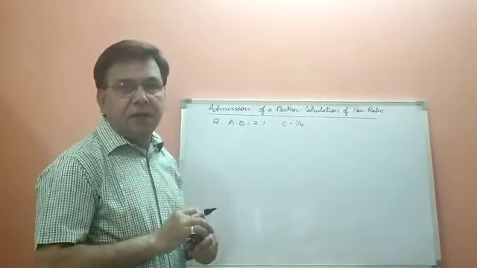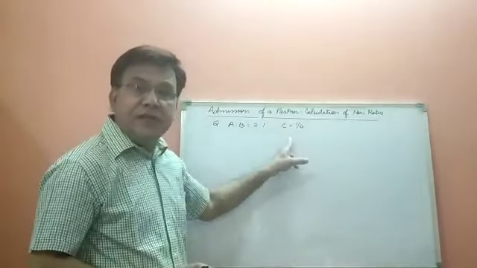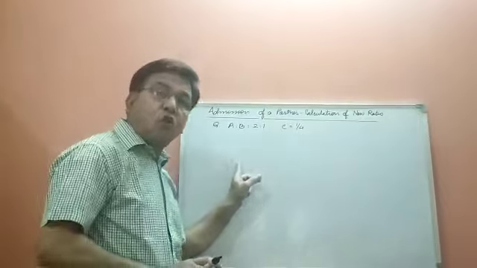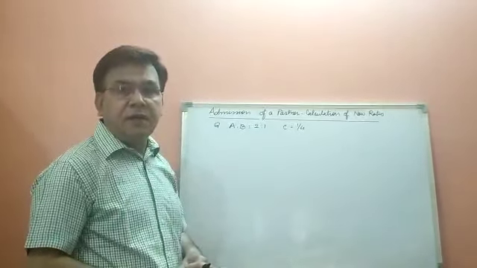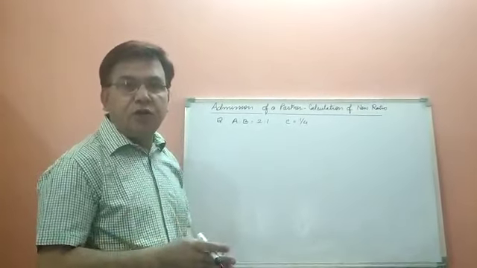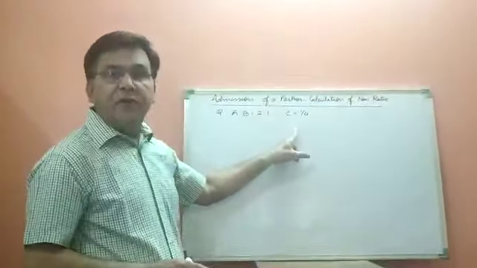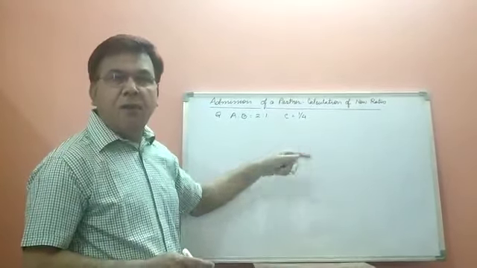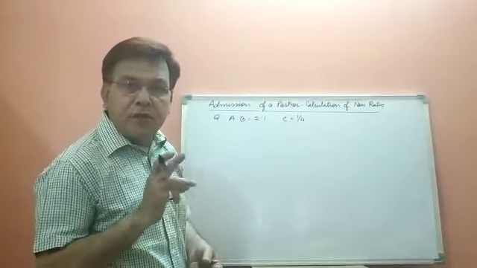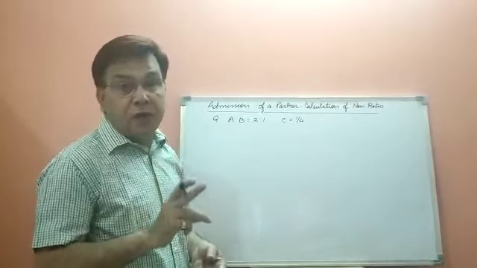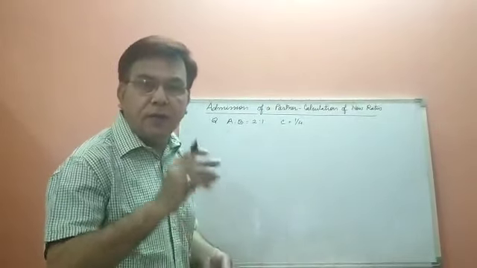We'll have to remember that we are given nothing like from whom C takes his share or who gives his share to C. If nothing like this is mentioned, then we calculate new ratio in this way. C has come for 1/4. So how much is left now? See, my dear, total share is always 1. Remember this thing. Total share is always 1.